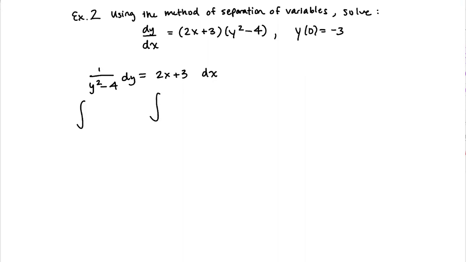Okay, so this time the left-hand side is a little more interesting for the integration. We don't want to rush this. This is kind of like having the integral of 1 over (y minus 2) times (y plus 2). And hopefully we're remembering our integration techniques for how we can handle an integral like that. Basically what we're going to do is partial fractions decomposition. It looks like a perfect example of where that strategy would lend itself particularly well. So the partial fractions on this ends up being